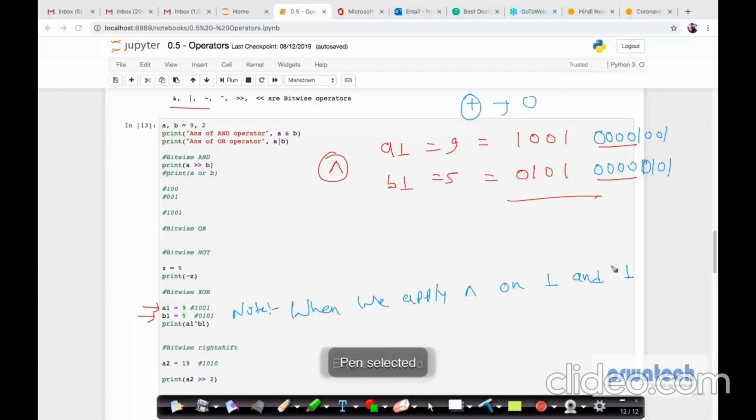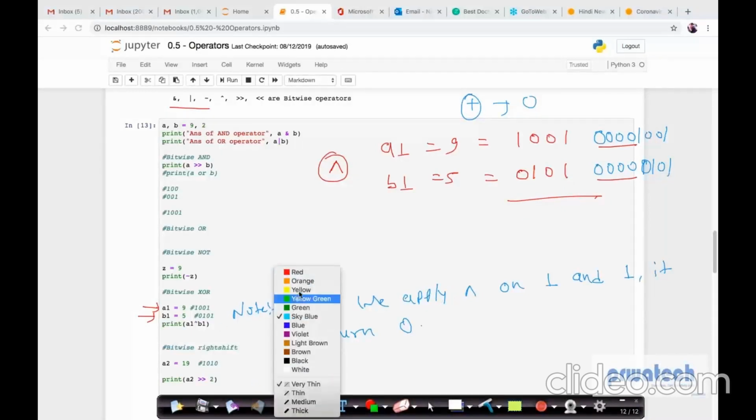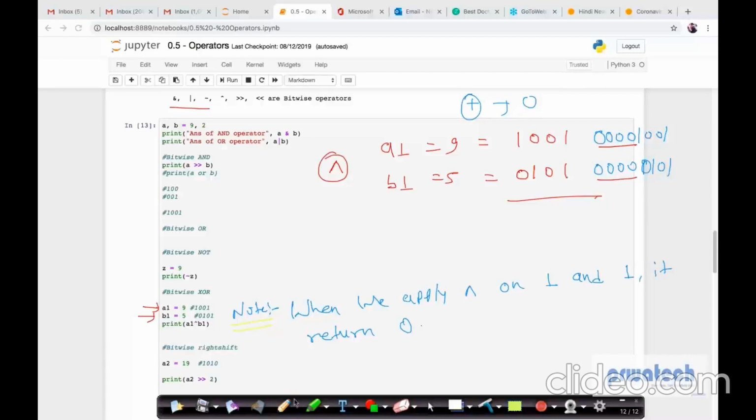We apply XOR on 1 and 1, and it returns 0. There is no carry forward. It's not the AND operator that I'm saying, where 1 and 1 becomes 1 and then 1 will be carry forwarded. Okay, so there is no carry forward. I'll just revise this because I know this is a new operator and sometimes even I get confused between these two. So when we apply XOR on 1 and 1, it returns 0 and no carry forward,